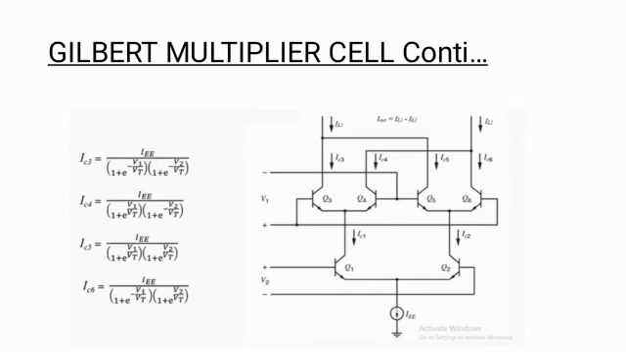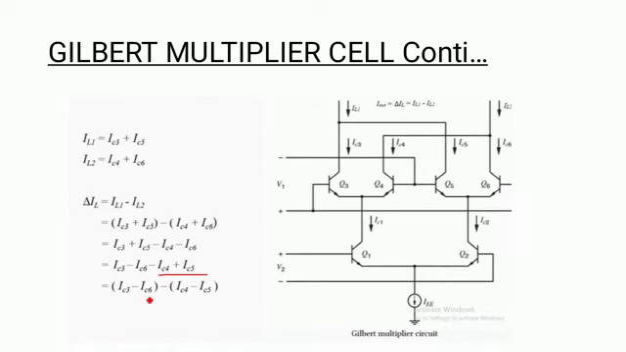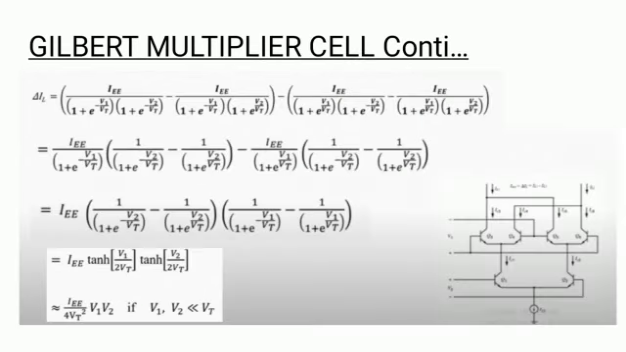And IC5 equals IEE by 1 plus e raised to V1 by VT into 1 plus e raised to V2 by VT. And IC6 equals IEE by 1 plus e raised to minus V1 by VT into 1 plus e raised to V2 by VT. And here IL1 equals IC3 plus IC5 and IL2 equals IC4 plus IC6. Therefore, delta IL equals IL1 minus IL2. Substituting these values, finally we get